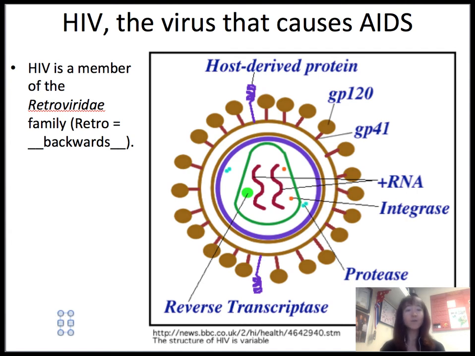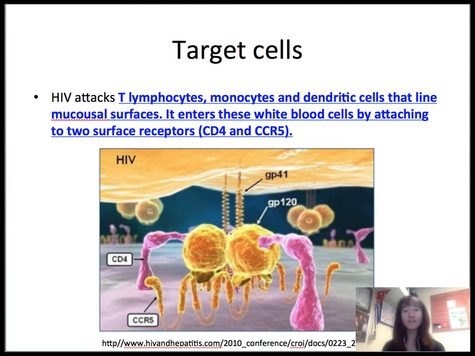I want to make a note that HIV targets a very specific kind of cell within our body. The very first kind of cell that it typically comes into contact with is an immune cell that lines our mucosal surfaces called dendritic cells. It also impacts T lymphocytes and monocytes. You might be thinking, all in all, oh man, it gets our white blood cells. So this is really a deep irony, right? Because here are the cells that are meant to defend us against foreign invaders,